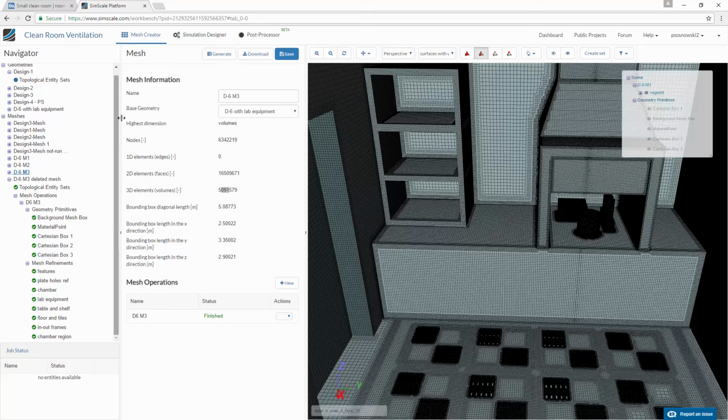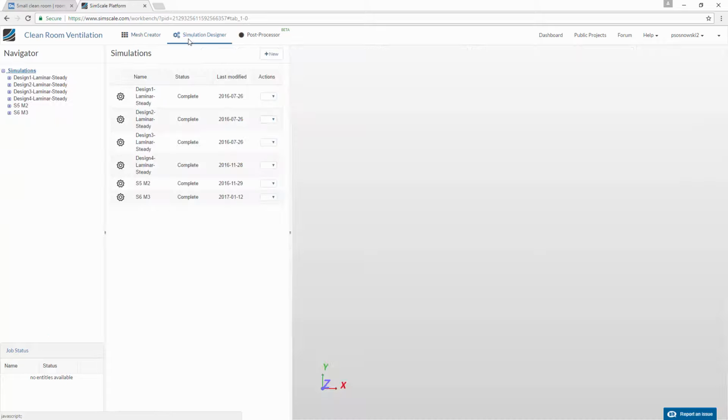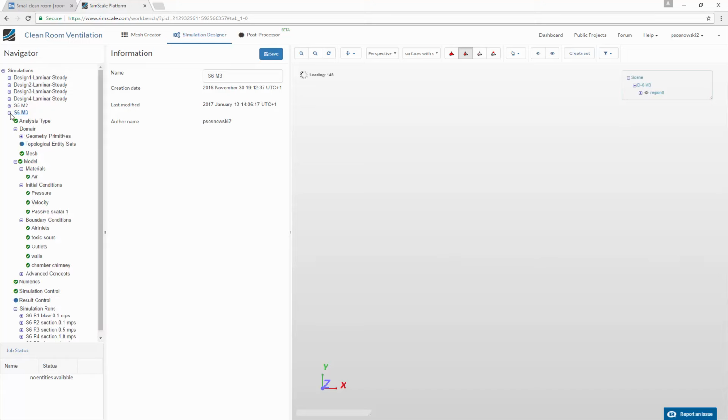All right. With the mesh ready, we're ready to move on to the next step of the SimScale process, that is jumping from the mesh creator on the top view to the simulation designer and creating your own simulation. I've already done several analyses for different rooms. We'll go and take a look at